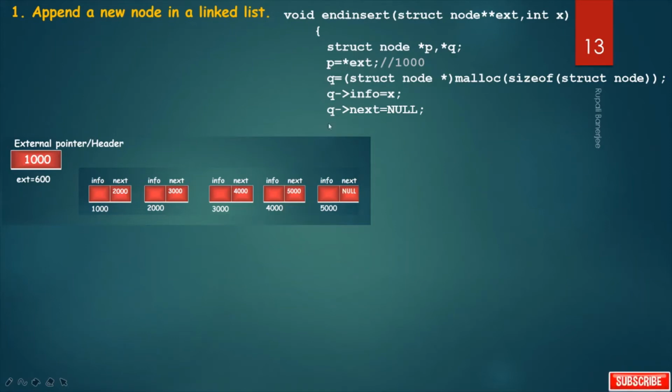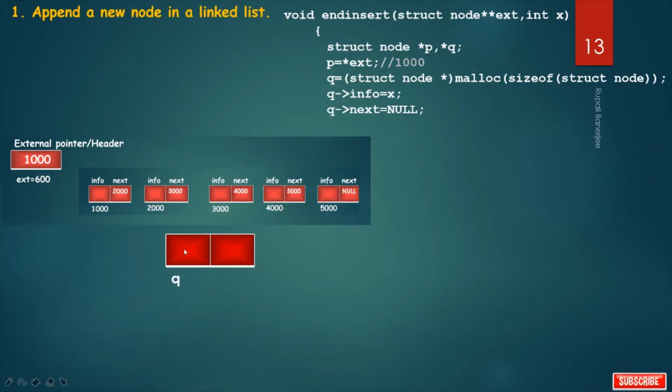So I am storing the starting node address, that is *ext, in the variable p. Now I want to create the node using malloc. So malloc allocates at run time a struct node size memory chunk and returns the starting address of that memory chunk to the variable q. So this is a struct node size memory chunk, and the address is q.